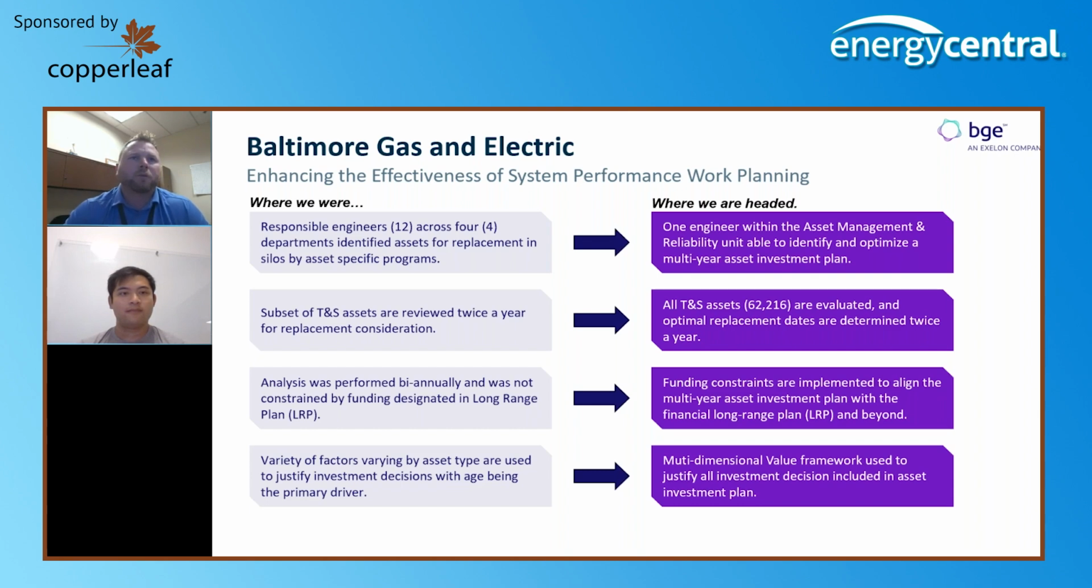So kind of where we were. When we were sitting down and planning out our substation system performance projects, one of the ways we accomplished that was we had essentially four departments that had engineers in them. They were our relay protection and control, our equipment engineering group, our substation engineering team, and we had engineers in there that were assigned specific replacement programs,